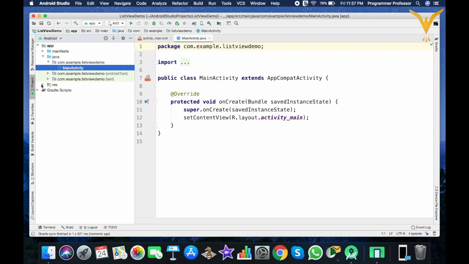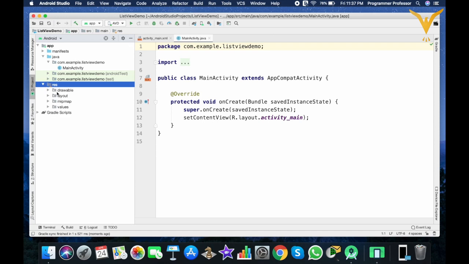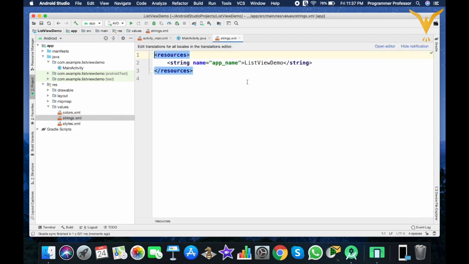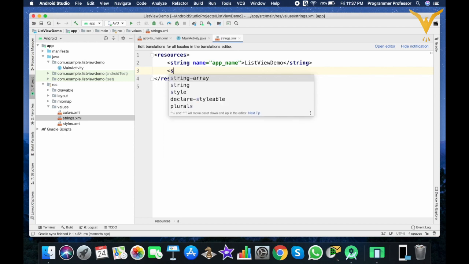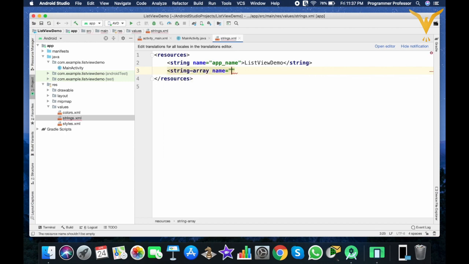To create one string array, we'll use our resources. Go to the resources folder, values, and then strings.xml. Here you need to create one string array, give the name as subjects.